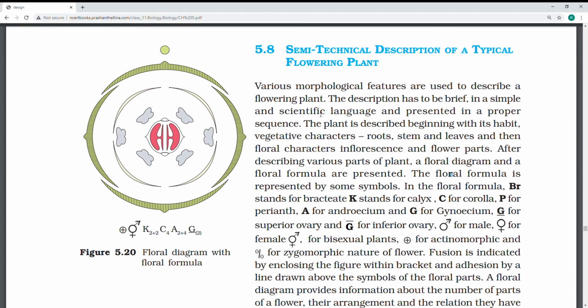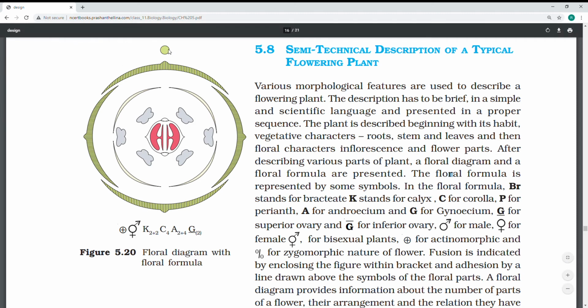Again, the dot which is there up shows the mother axis, the posterior side of the flower. The anterior side of the flower is also shown if it comes down. The floral diagram shows the relationship of various floral parts: cohesion, adhesion, dehiscence, placentation, anthers, which are called monothecous, dithecous. These we are going to describe in a single formula. This is the symbol they are showing in the picture, that is Brassicaceae. The family Brassicaceae shows this diagram.